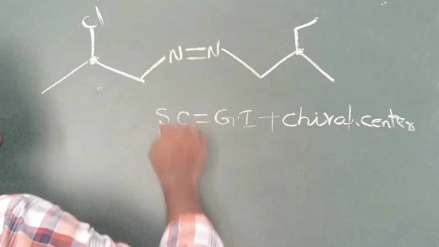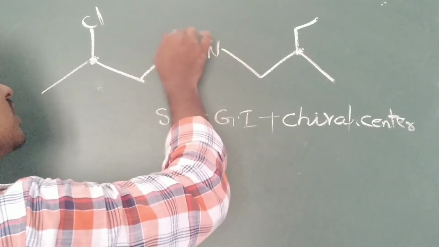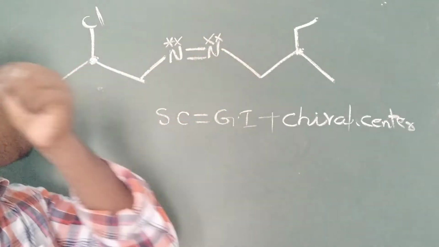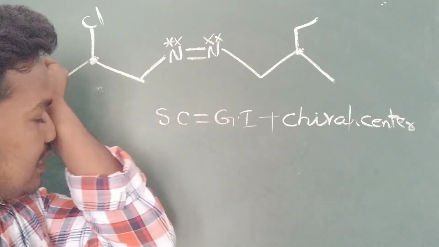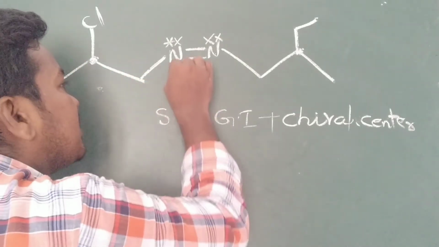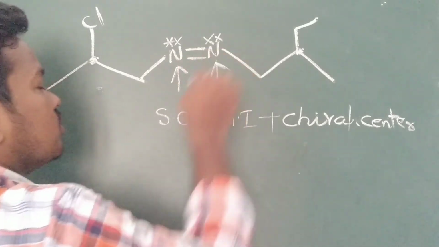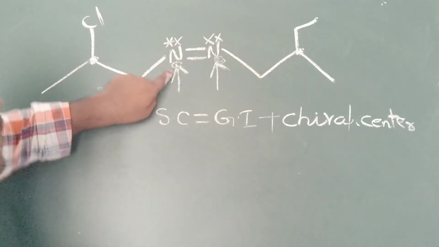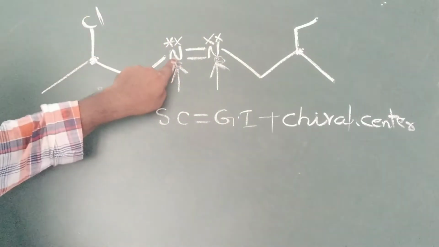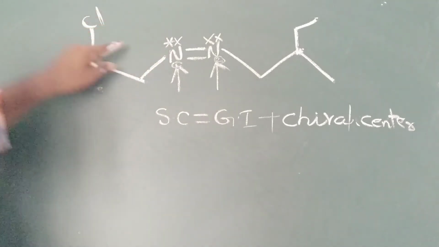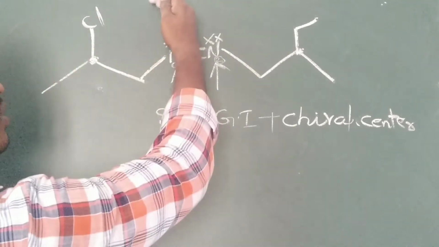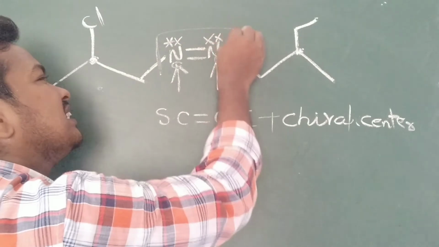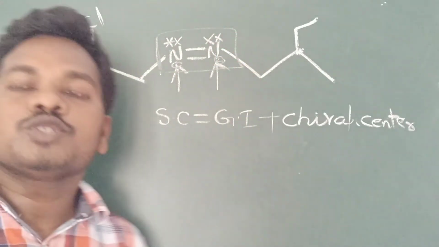Now you can see here, is it a stereo center or not? Nitrogen is there, and here also nitrogen is there. The nitrogen lone pair also, initially I said you should consider the lone pair as a group. Let us say this is the first nitrogen and this is the second nitrogen. The first nitrogen contains one lone pair on one side, and on this side it contains this group. This group is different, the lone pair is different. Here also this group is different, this is the lone pair. This is showing the geometrical isomerism. How is it showing the geometrical isomerism?